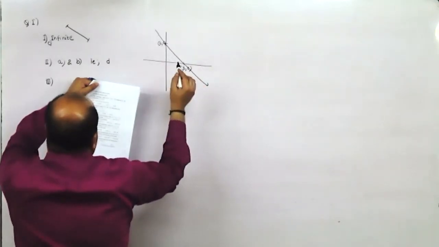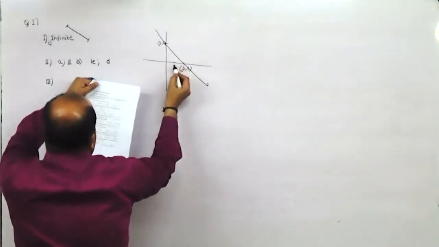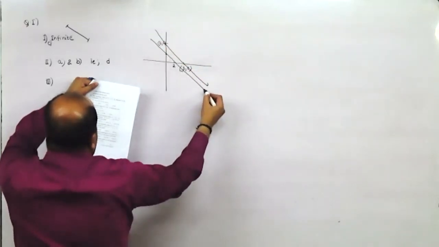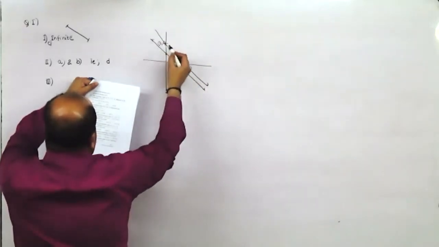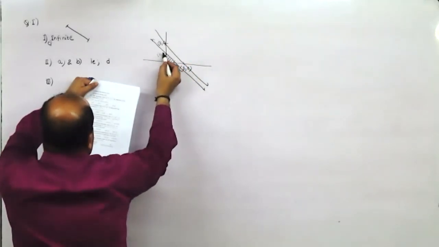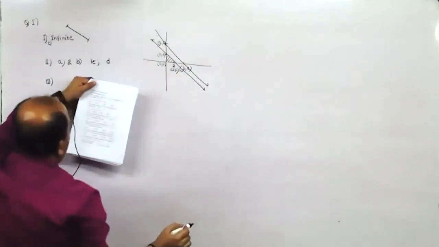Then the next one is x plus y equal to 2. When x is 2, y is 2. Here, so this is another line. And they have said both are less. So here, this is that point. So this is 0, comma 2. This is 0, comma 0. This is 2, comma 0.